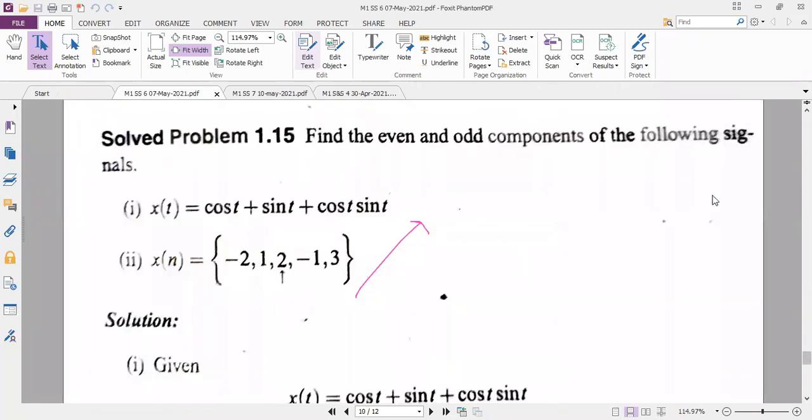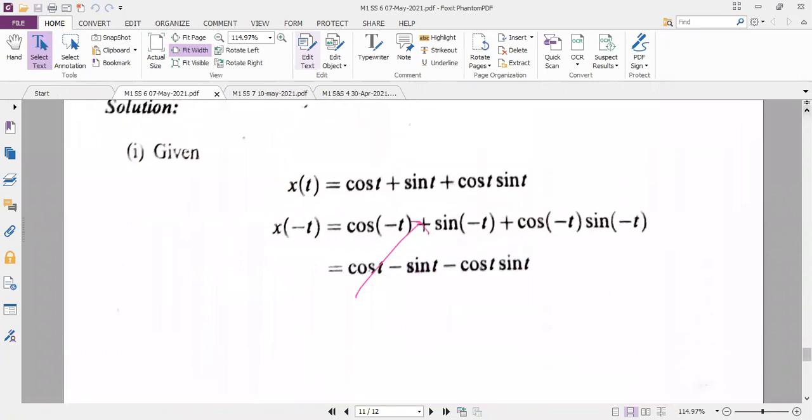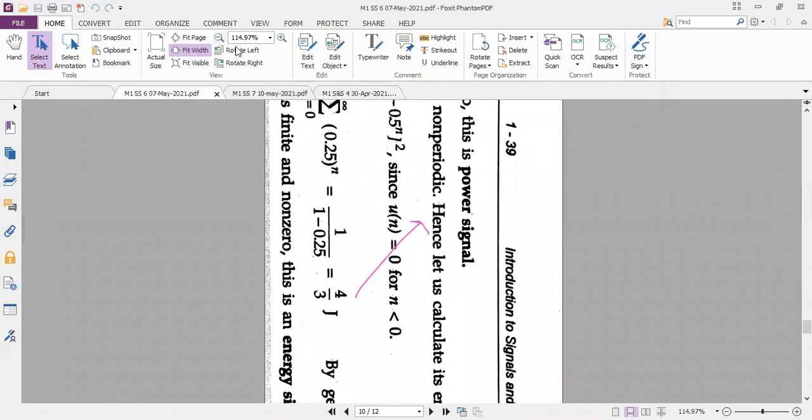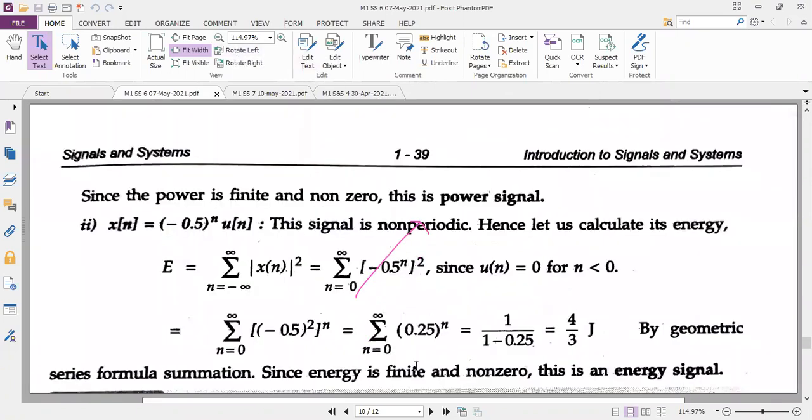I'm repeatedly telling you the discrete time signal calculation of power and the other things are very easy. So here is the screen, a discrete time signal. I will conclude this signal as an energy signal because I have, and the meeting may be disconnected because it is showing less than 1 minute. You join back, then we will continue this topic. You can just have a glance at this question now. We will join back once it is disconnected, then we will discuss.